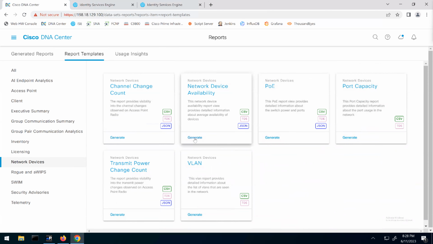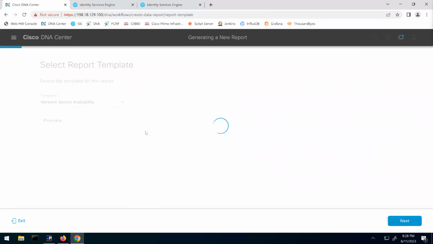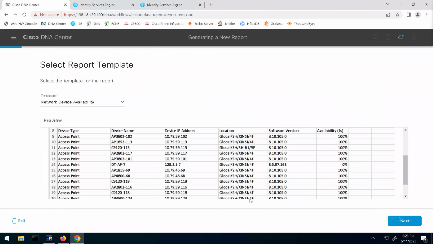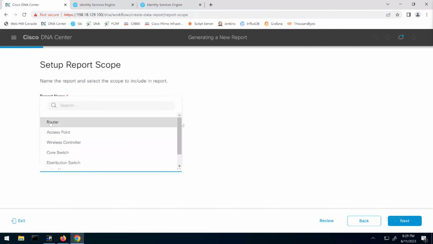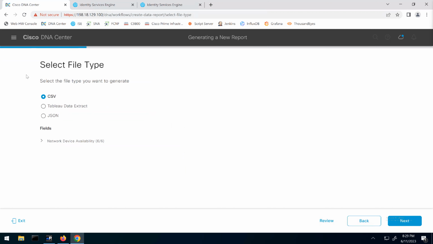Now suppose if you want to generate, click generate. And then it will tell you that, okay, network device availability, this is the format. I will go and generate the report. So what's the location, what the network type, start, end time, device name, IP, location, software, and all those information you will find in this report. It will ask you which location you want. You want branch 1, branch 2, global. You want routers, access point, wireless, core switches. I'm selecting everything. Next, you want CSV, Tableau, JSON,